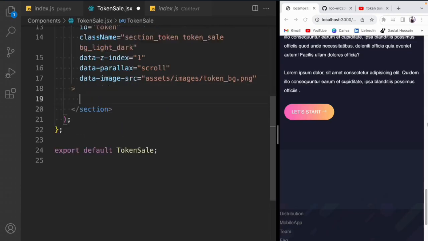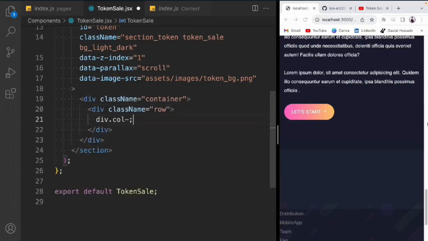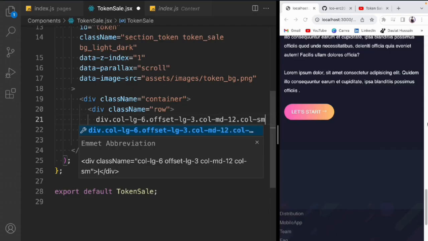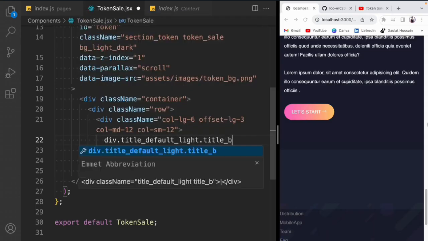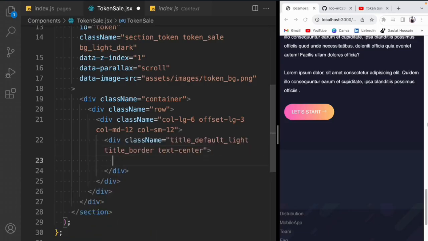Inside that, we'll take a div and add a class called container. Inside that, take a div and add a class called row, then add a div with a class called col-lg-6, offset-lg-3, col-md-12, and col-sm-12. In that, we'll take a div and add a class called title default light, title border, text center. In that, we'll take an h4,